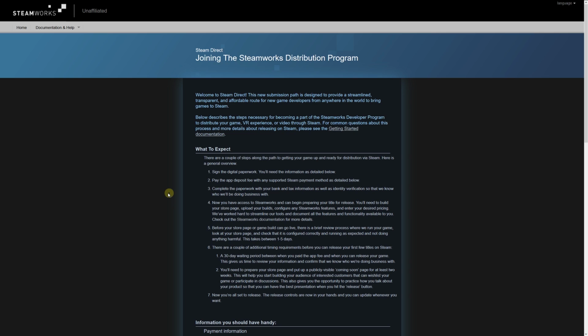You will then have access to Steamworks, which is the platform they call to get access to all the admin management for the storefront, to get hold of all the builds, to upload your builds, get verification, and to get hold of all the SDKs and any inner workings with Steam. And then you can begin instantly preparing your actual game for release. So, like I say, you can update your store page, upload, configure any of the specifics, and set